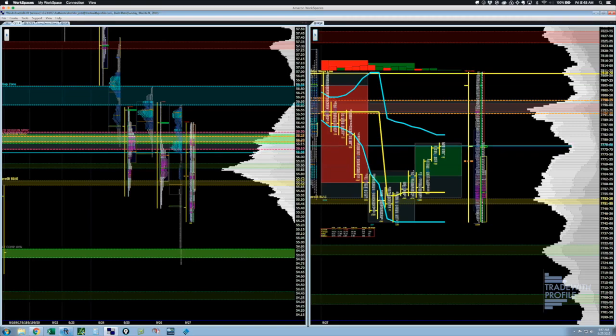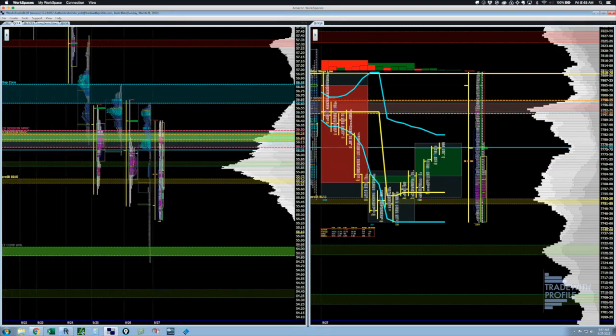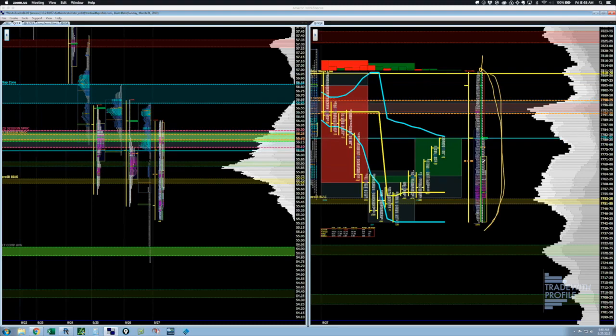A couple of anatomy points. I know some people had asked, just to understand profiling in general, what we're looking at. So while we're looking to see if we can get a trigger here, this is what a market profile graphic is. This is arranging 30-minute price data. So that's what these letters represent, the range of each 30-minute period. We're now in C period, and we're waiting to see if we get some extension.